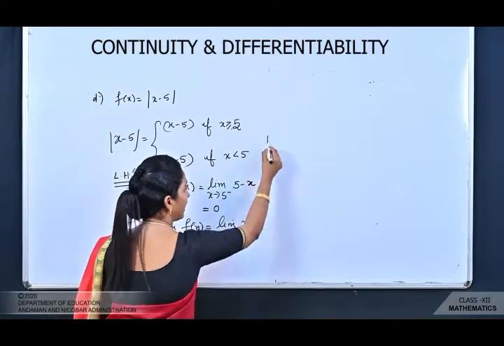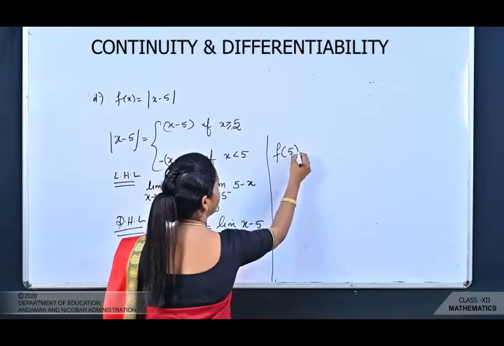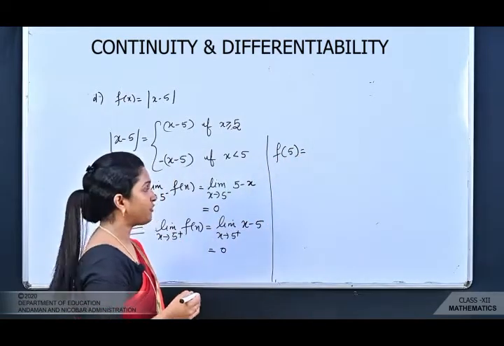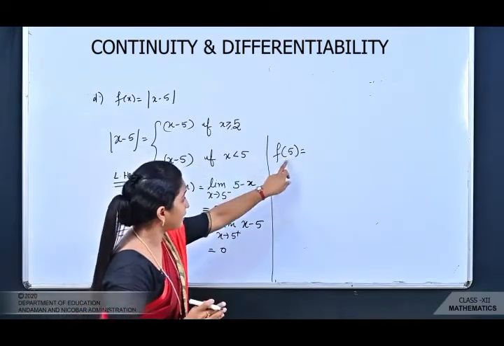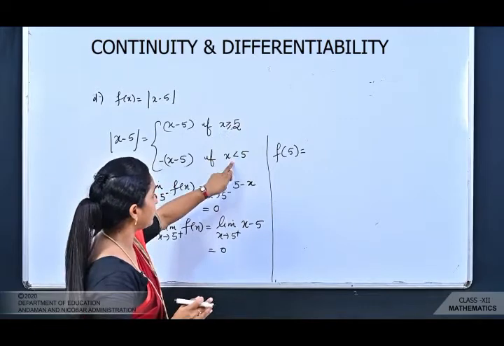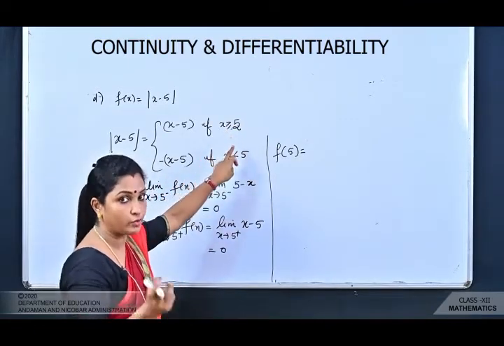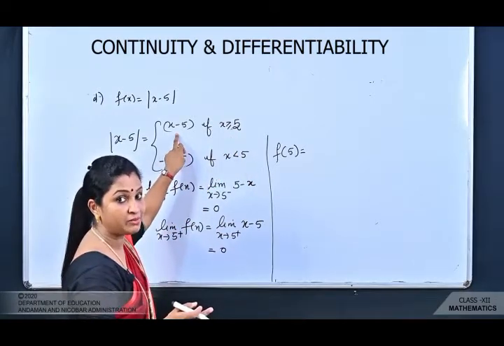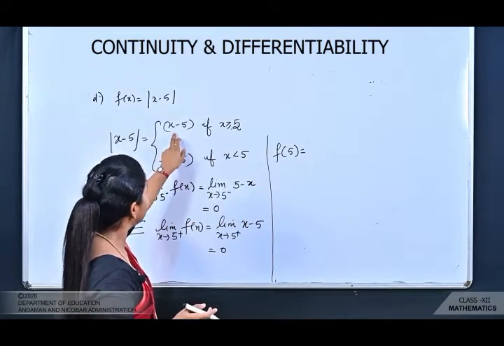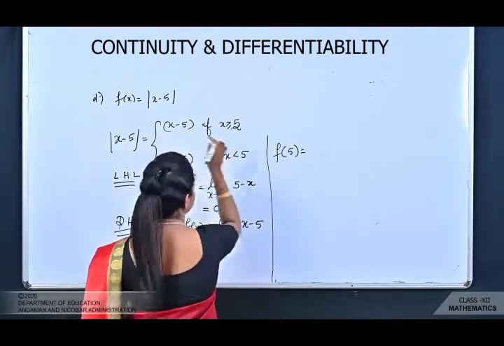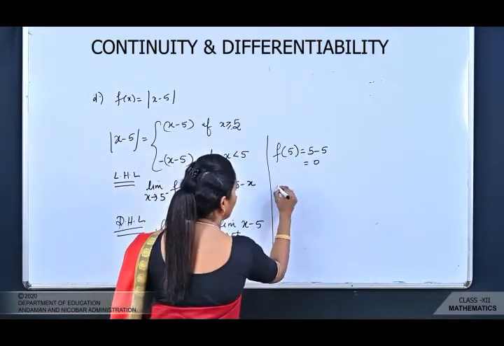Okay, one more thing I have to find to prove the function to be continuous, that is the value of f of 5. f of 5 means directly you have to substitute the value 5. So here you have to see where the equality is. Of these two conditions, the equal condition is in the x greater than and equal to 5 possibility, so this function holds for both, including 5. So f of 5 means you have to take this function. When you substitute x as 5, it becomes 5 minus 5, again 0. So finally you got it.